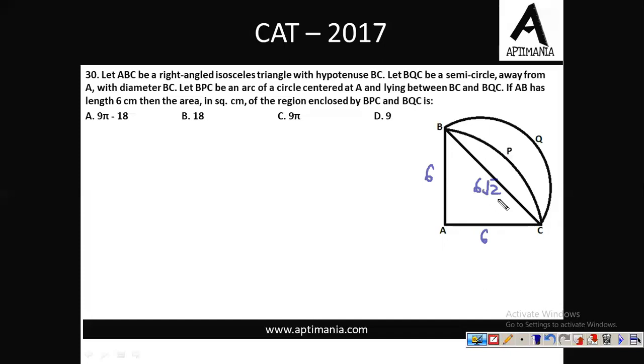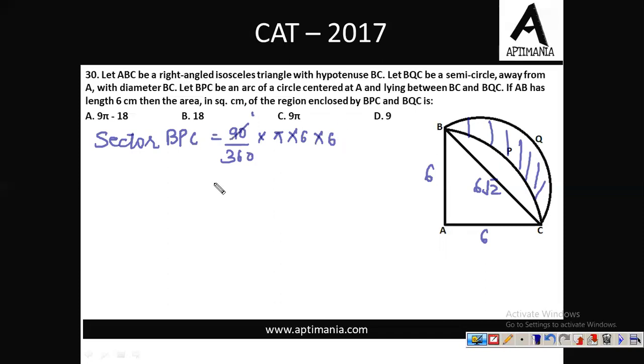Applying the concept of right angled triangle, right? We have to find the area enclosed between BPC and BQC. मतलब this is the area that we need to find out. So for this, first of all, we'll calculate the area of sector BPC. Sector BPC का area निकालेंगे अपन, तो वो हो जाएगा theta. Theta is 90 degree, so 90 by 360 into pi, and R will be 6, so 6 squared, right?